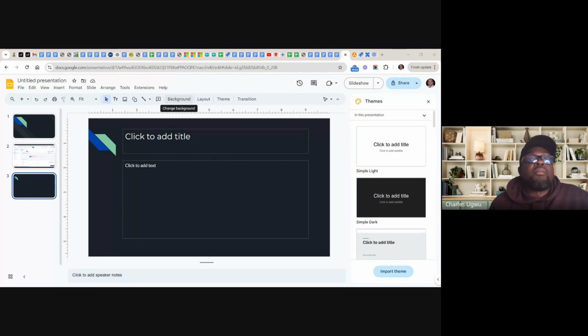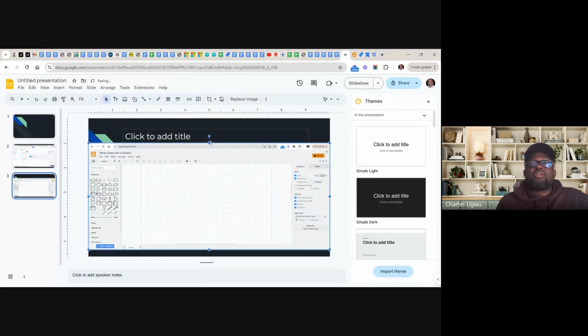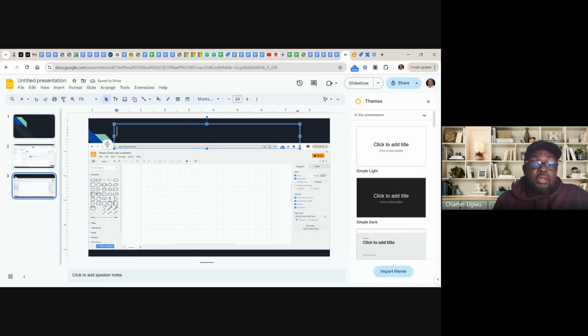Then I've captured Jira, and now I want to capture draw.io, and that is draw.io. So I can come here and produce it so that the title will come up, and the title here can just talk about